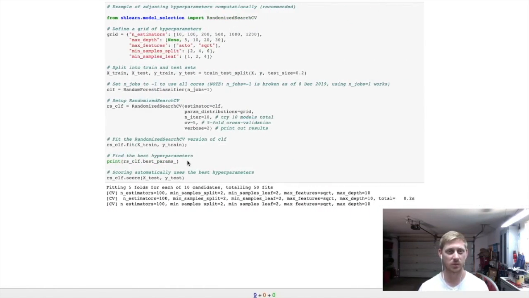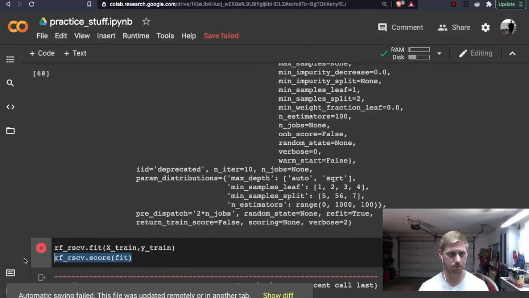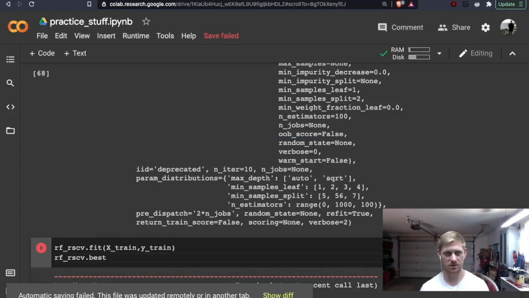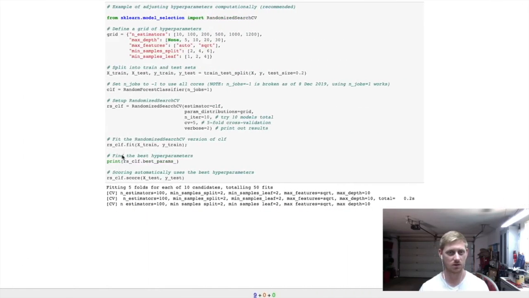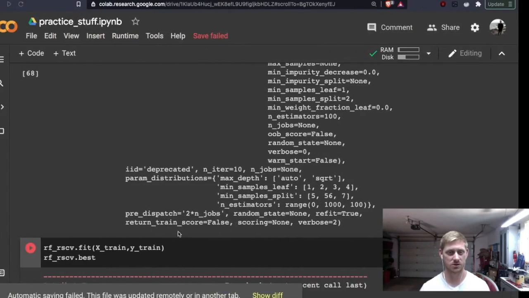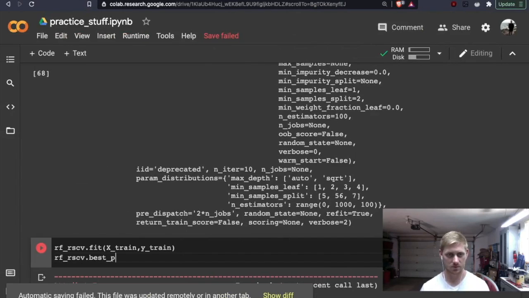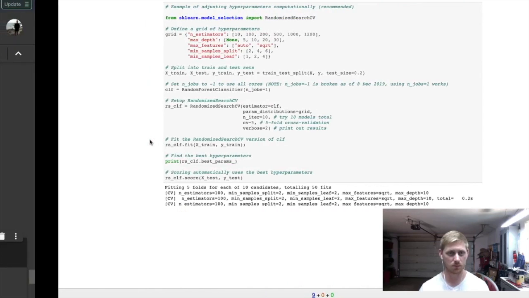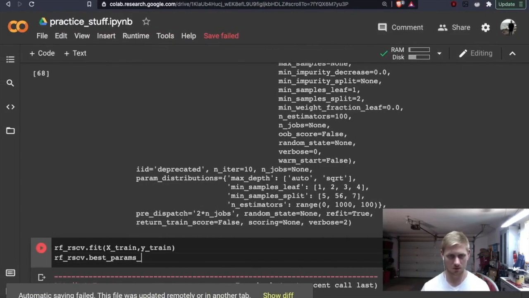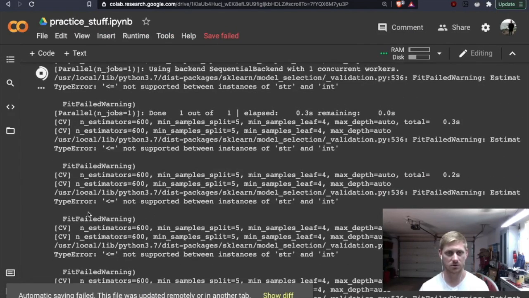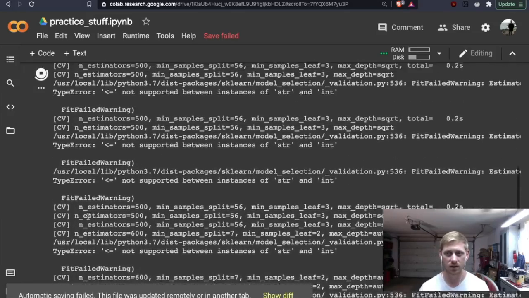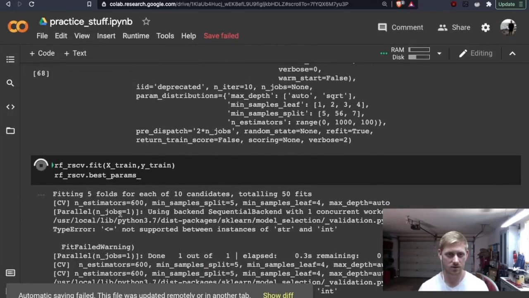So we could do this, then we could print the best parameters. Wow. So then from there we do RSCV dot best, how is it spelled? Best underscore params underscore. Best params underscore, and I feel like I missed one thing. Nope. And then they scored it as well. So let's see what the best parameters might be, oh, good job. Why do we have failed warnings? So what's the answer?